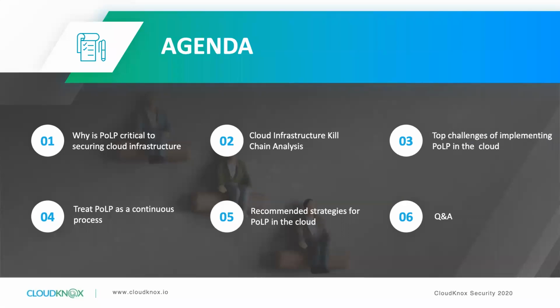In terms of the agenda, we'll focus on PULP, as we like to call it, and how that relates to securing your cloud infrastructure. As we work more and more with our customers, we understand that whether they are supporting AWS, Azure, Google Cloud, or even VMware vCenter or vSphere, managing this hybrid cloud can be quite sophisticated and quite complicated as this morphs and grows over time. And so hopefully we'll give you some really good insights about how to get your arms around these infrastructures and how to manage that in the context of least privilege.